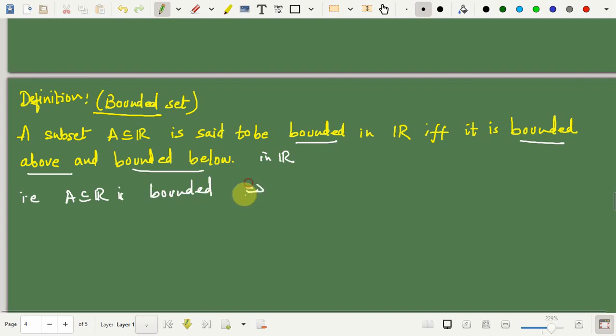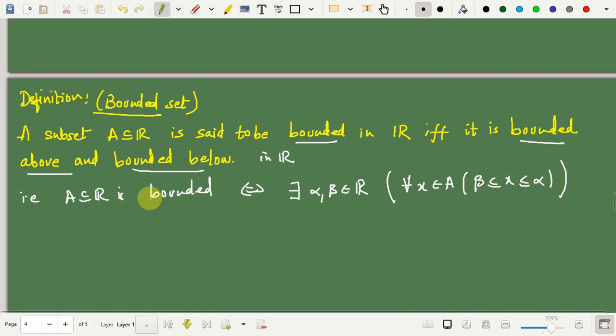if and only if, what do you mean by saying bounded above and bounded below? There exists an upper bound and a lower bound. So, that is the same as saying there exists alpha and beta in R such that for every x in A, I would take alpha as an upper bound and beta as a lower bound. So, beta is less than or equal to x, less than or equal to alpha. This is true,